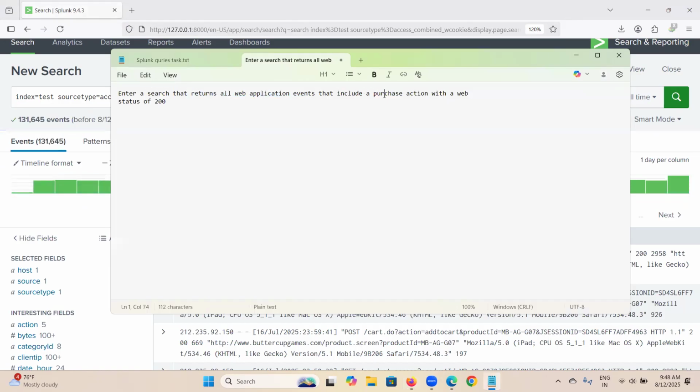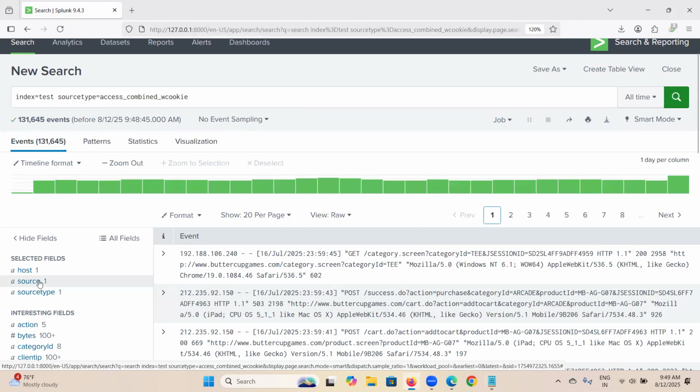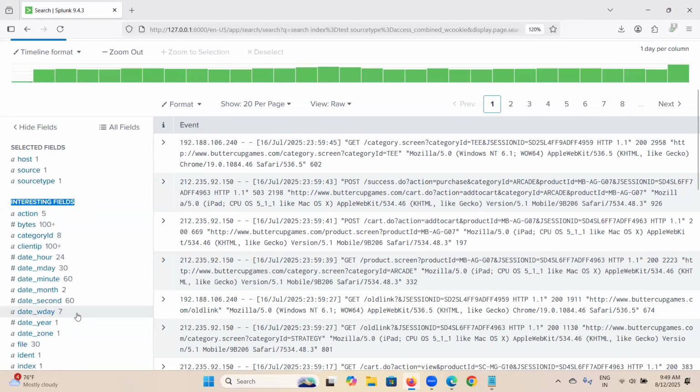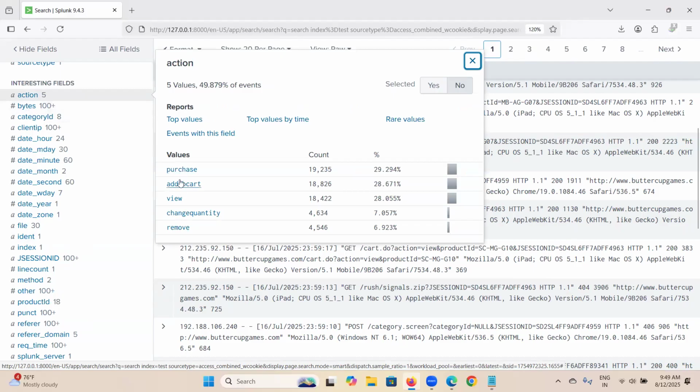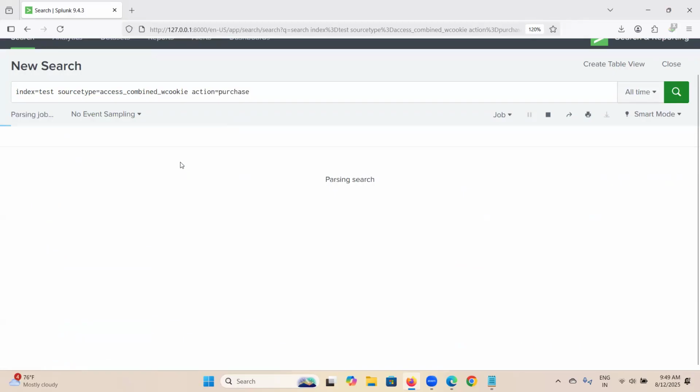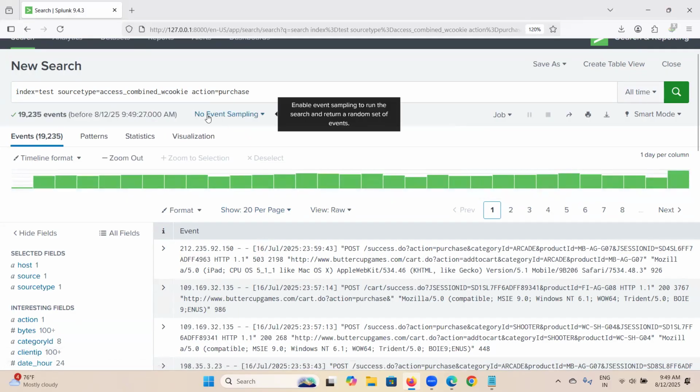Now, the second part, it says action. Sorry, action should be purchased. Okay, they are purchasing something and we need to look for that one. So here the default field will be there, but whenever you want to look for any particular field, under the interesting field, you will be able to find it. At the beginning only, I can see the action. If I click on the action, I can see there is a purchase available. In this way I can do it and it will give me the result,